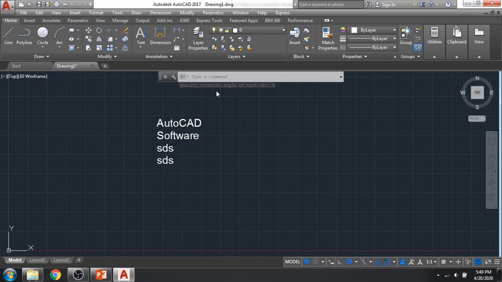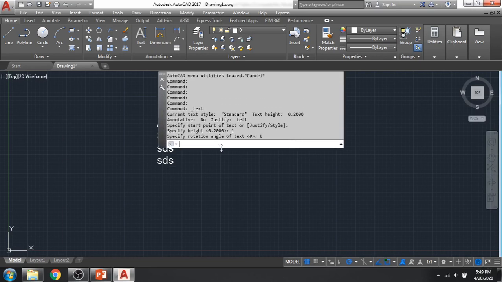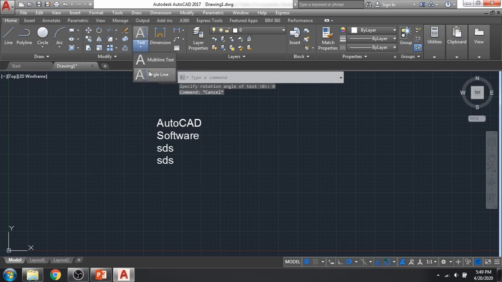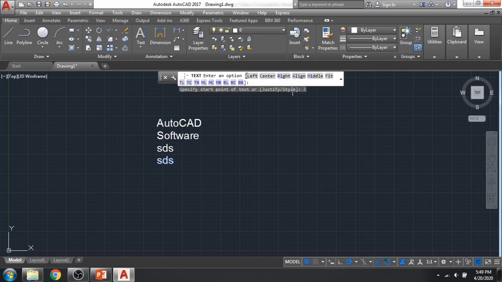We have given the text height and text angle. Now the justification by default is left justification. So you can see it justifies to left. So we will look at some more properties available here. In single line text, we have these justifying styles. So everyone, I think, understands what is meant by left, center, right, align, view, and there's another new one